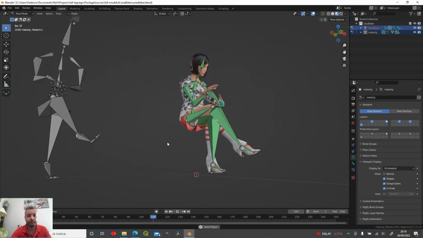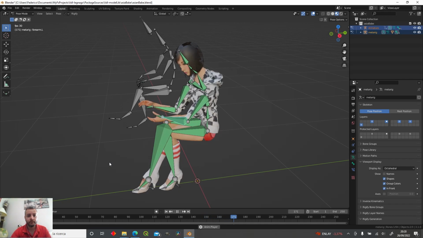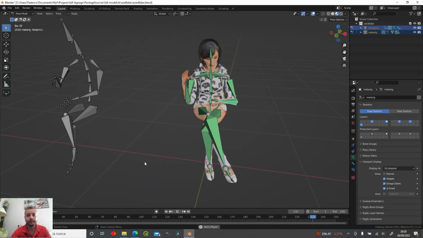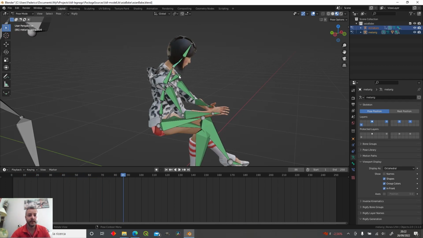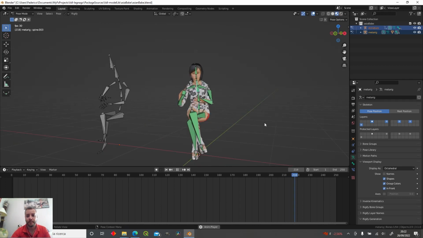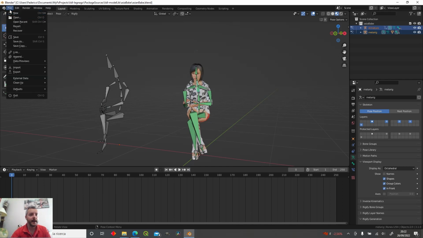Okay. Looks like it's good. Okay, so maybe it could be a good idea also to move her neck. Yeah, a little bit up here. Okay, perfect. Let's save, and now we have